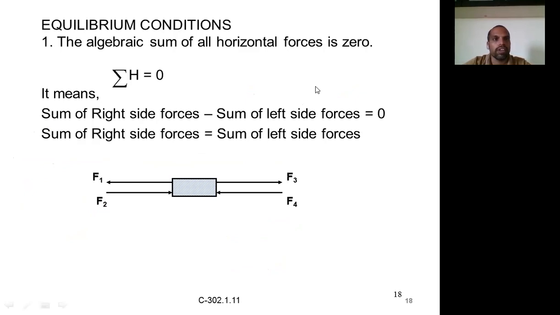It is again one more very important topic: equilibrium conditions. So first of all, what is equilibrium? A body is said to be in equilibrium when the resultant force acting on the body is equal to 0. All the forces acting on the body keep the body in equilibrium. Equilibrium doesn't mean that it shall be at rest. It can be moving continuously with uniform velocity, or it can be at rest. But the body is said to be in equilibrium condition.